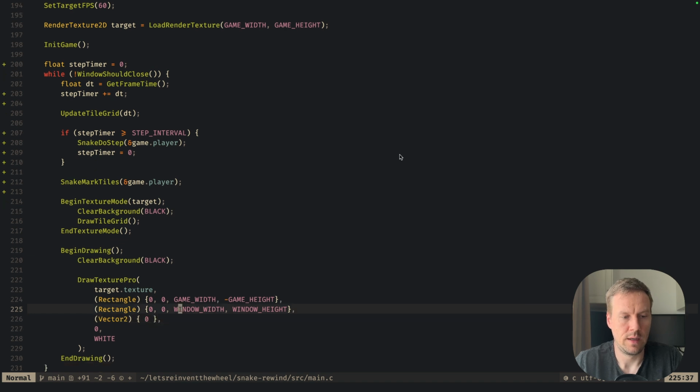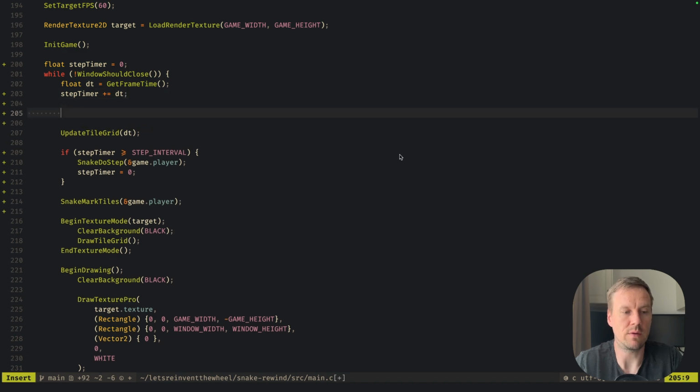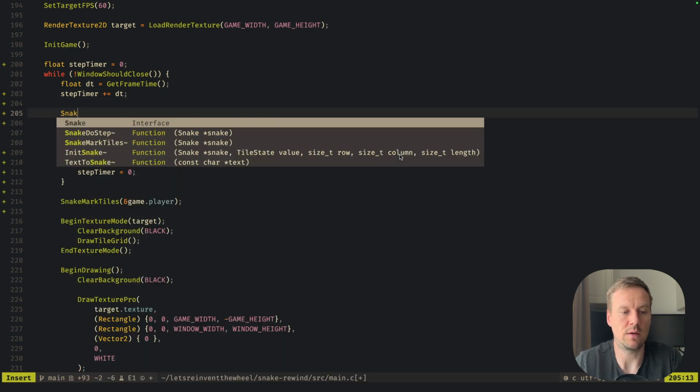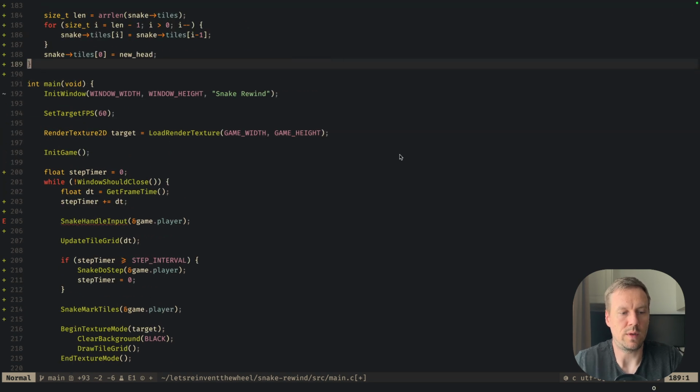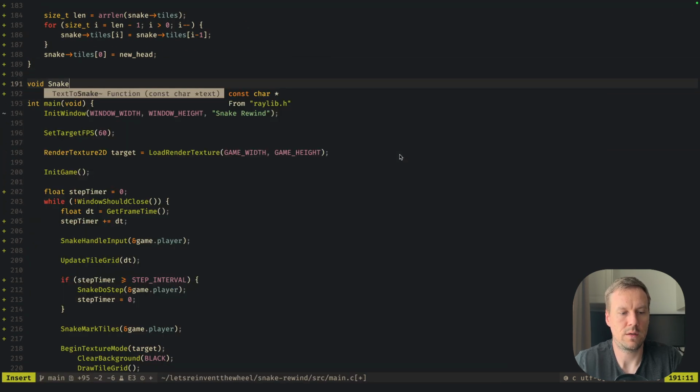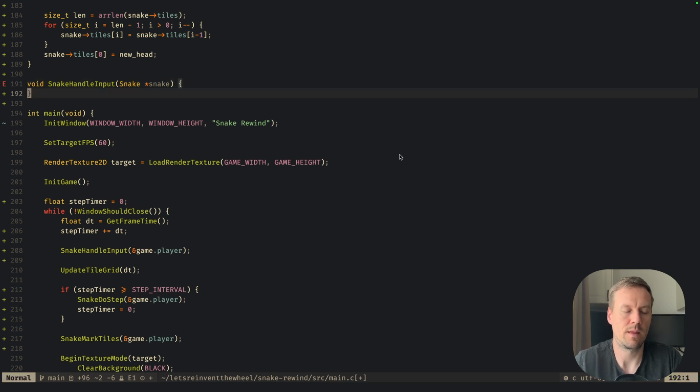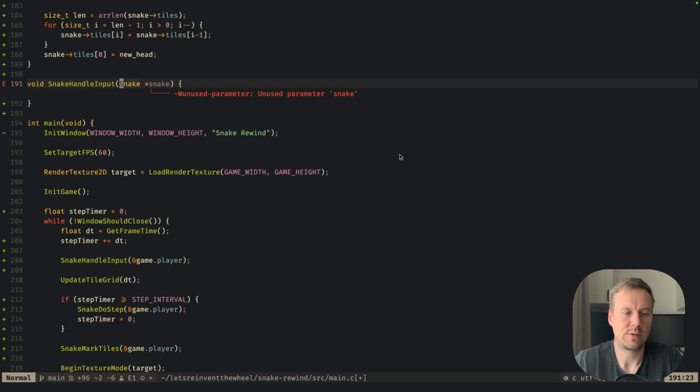All right, so how do we handle input? First of all, we need to handle it somewhere in the beginning of our function. Let's say snake handle input. Again, let's pass our player snake and see what we can do. Snake handle input, having our snake. Now, when I press some key,